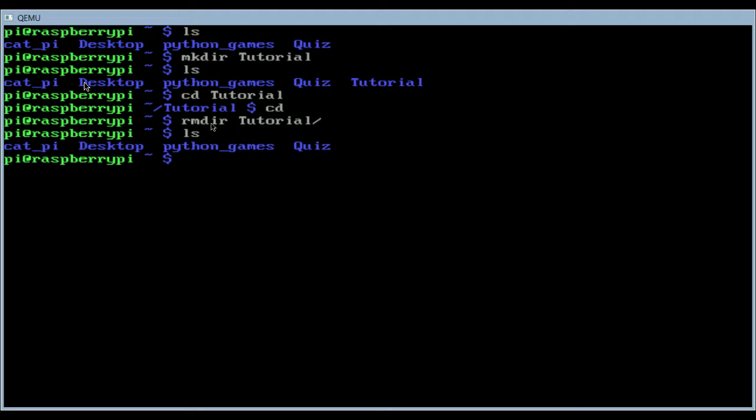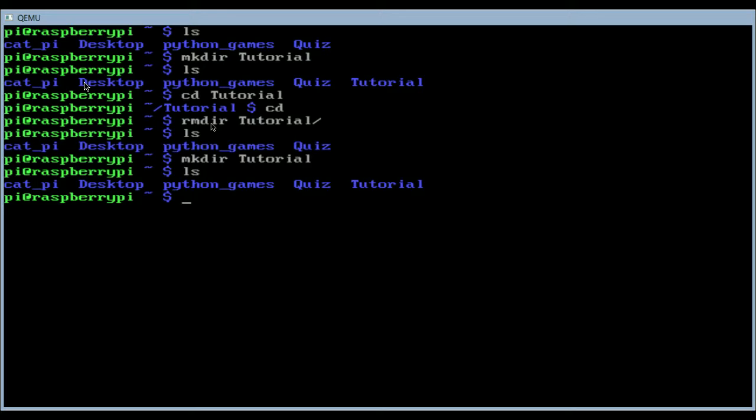Now, let's make it again because we need to use it. Now obviously the tab button doesn't work because as far as it's concerned, it isn't there anymore. Press enter, ls, and there we have it. Now let's go back into it with the cd command,